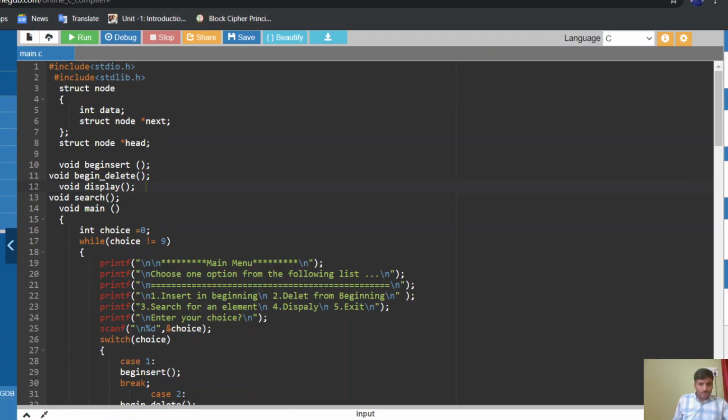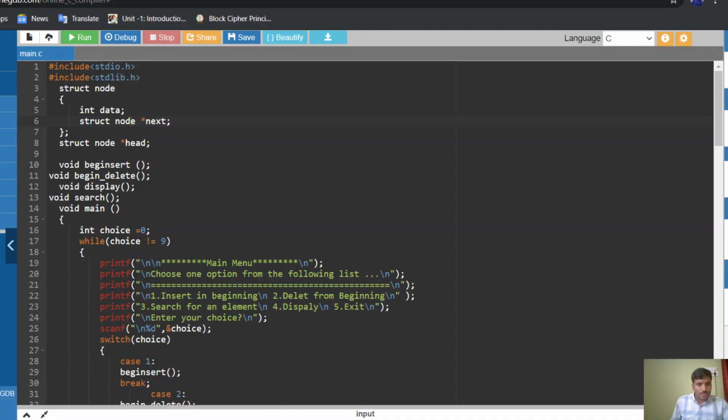So students, here is the program I have written in the C compiler. This program will insert and delete a node at the front of a linked list. Starting from the first line, I am including the standard io.h header file as well as the standard library.h header file. Followed by this, here I am declaring a node.